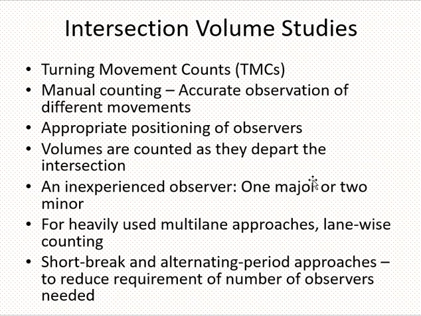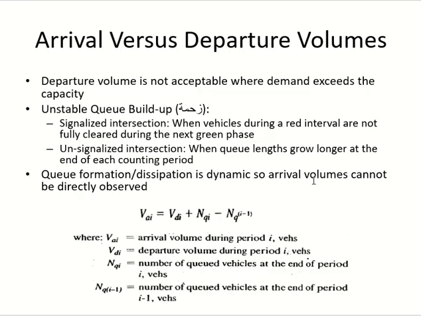but the major movements should be assigned to more experienced observers. To increase the accuracy level, you may go towards a lane-wise approach where one observer counts volume from one lane at a time. So you just have to worry about one vehicle going at a time. But then you also have to keep in mind how many observers you will need in that case. Another thing for manual counting is the breaks. The manual counting requires breaks, alternate breaks or breaks within the counting period that we have discussed earlier.